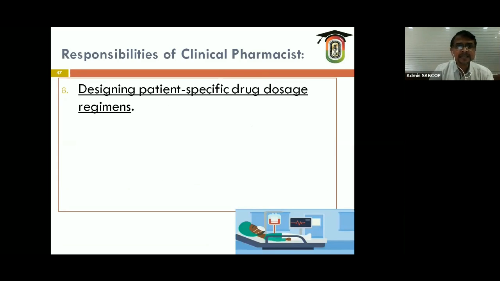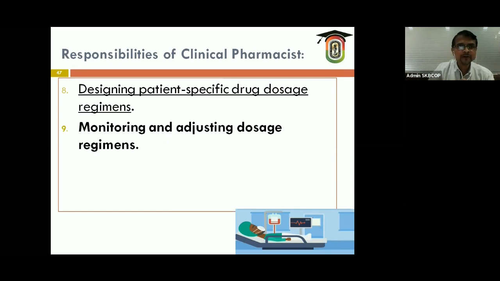Then eighth is designing patient specific drug dosage regime. Okay, so as we have been again discussing, a therapy for the same disease with different patients might require a different dosage regime, right? So therefore this is the role of pharmacist, depending upon the patient's age, patient's gender and other complications associated with the patient. He has to design a patient specific drug dosage regime. ठीक है, so पर्टिकुलर पेशेंट के लिए एक स्पेसिफिक डोजेज रेजिम तैयार करना, ये would be one of the responsibilities